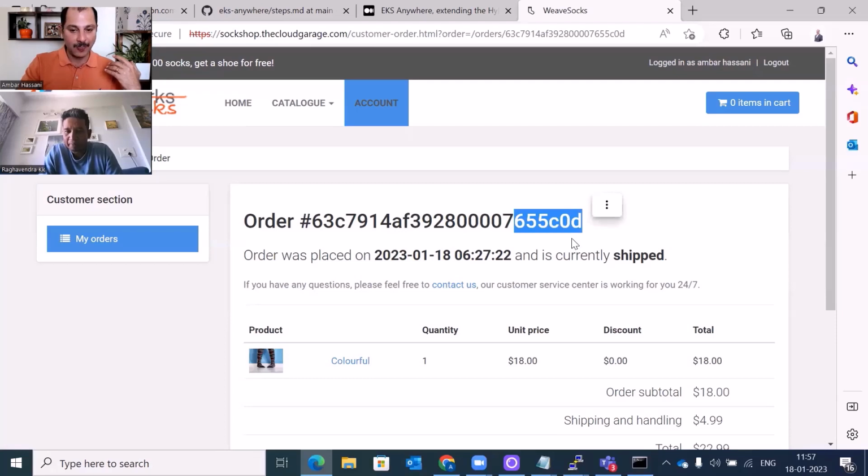55C0D. When you migrate the application from EKS to EKS Anywhere, two things should happen. I should be able to log in with the same user that I just created. Actually, before that, when I log in or open the browser, I should not have to re-accept the SSL certificate. Because the same SSL certificate should be migrated from EKS to EKS Anywhere for my application front end, which is SockShop, the cloudgarage.com. If I'm presented with a new SSL certificate, we know that the SSL certificate has not been migrated, which in turn means that the TLS secret associated with that certificate has not been migrated as a part